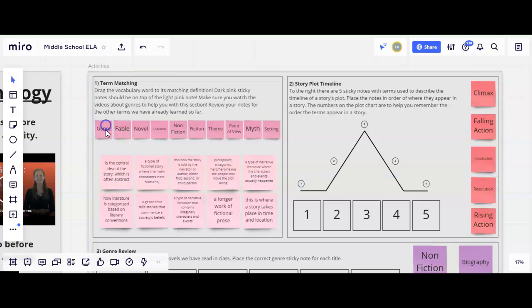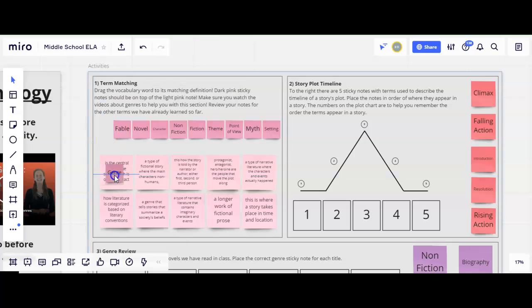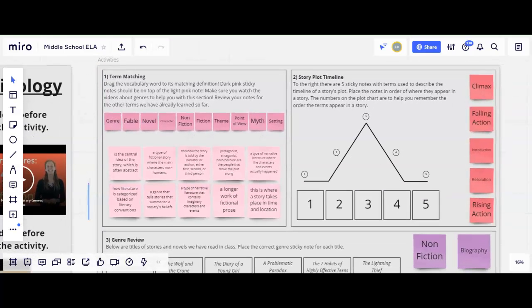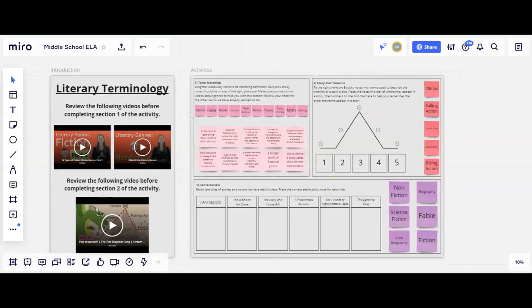Additionally, when you right click, always make sure anything you want to stay on top, you click bring to front, which is how I make sure that these sticky notes show up on top and don't get hidden behind their definitions. Now for section 2, students will go back and watch the next video, and when they're ready,